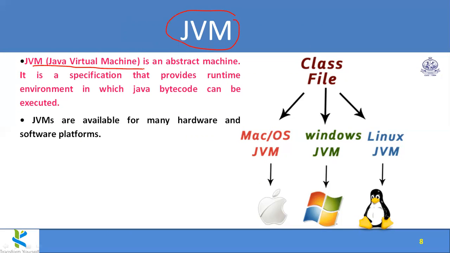A working machine means the laptop hardware components are all properly connected, and an operating system is installed, like Windows or Linux. Something should be installed first. Then only can I call this machine a working machine. If the operating system is not installed, it is simply a useless machine. We cannot work on it.